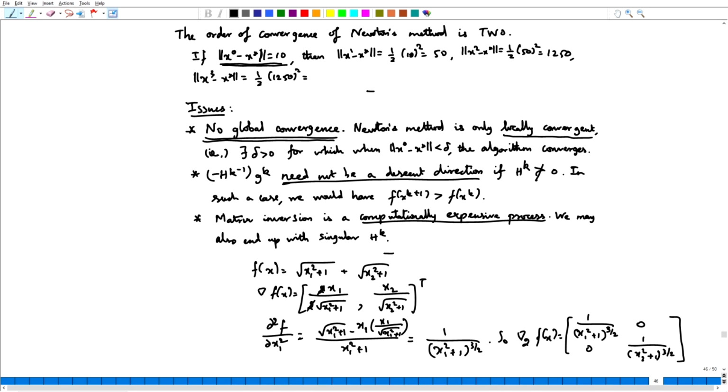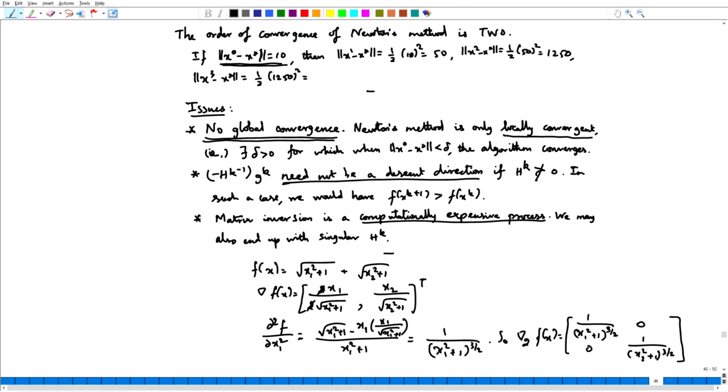So, these have solutions in the sense that we will consider variants of Newton's method to get around these issues. Okay. But before that, I want to